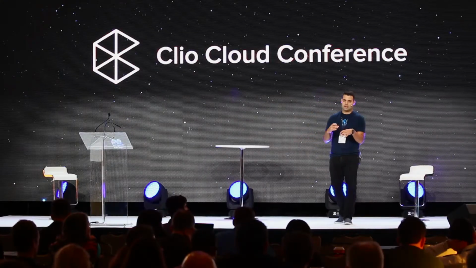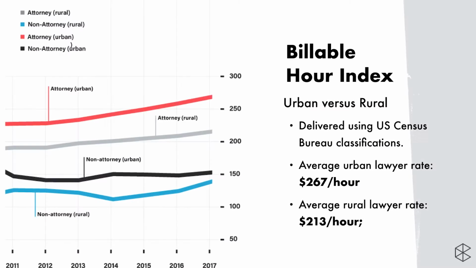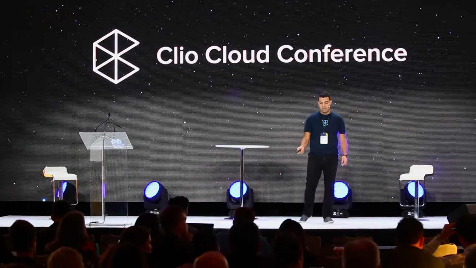So the definition that the Census Bureau publishes of urban is pretty broad, like a lot of what I'd call towns qualify as urban settlements, but it was still interesting to see the divide show very different price points. The average urban lawyer rate came in at $267 an hour versus $213 an hour for what's classified as a rural location for billable rates. So again, interesting and a new level of granularity, I think, in terms of people benchmarking how their prices compare, of course, as driven by their geographic location. Interestingly, we also saw non-attorney rates come in very similarly in both types of settings.